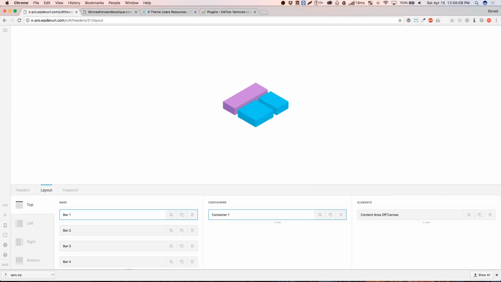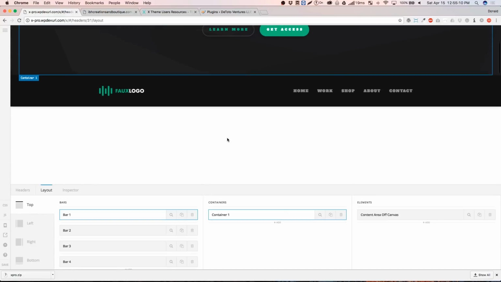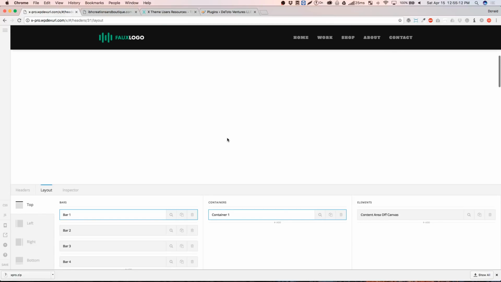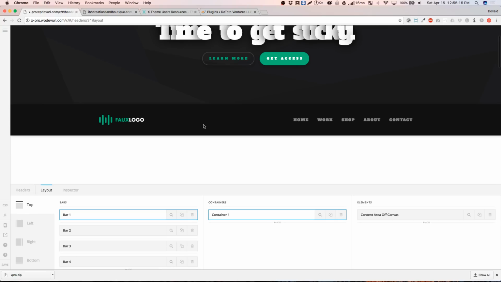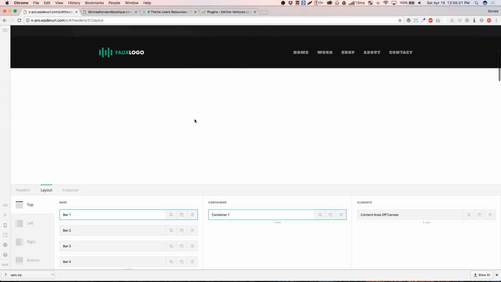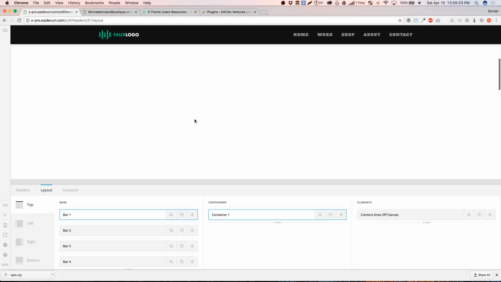I'm losing myself. There it is right there. So basically, see how you have this hero bar, you have this container, and you also have one that's hidden until you scroll. So that gets stuck to the top,